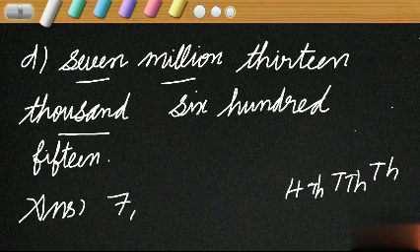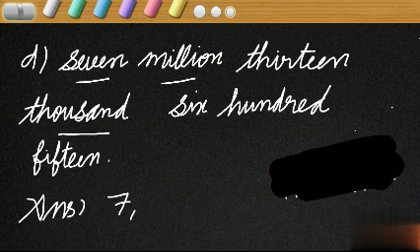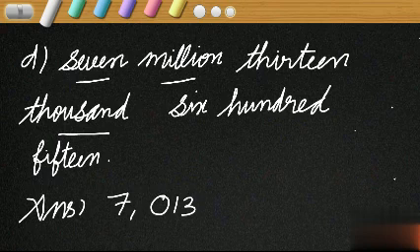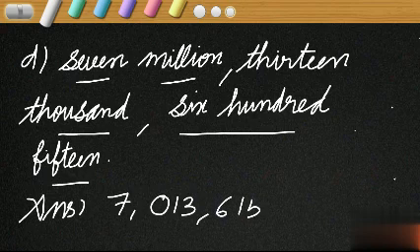But they have given only 2 places, 13,000. 3 is in the thousands place, 1 in the 10,000 place. What about the 100,000 place? We have to put a 0, isn't it? As it has been explained in the previous problem. So how many thousand? 13,000. So please write 013. Then 615. In the ones period we have 615, isn't it? This is the required number name. Hope you understood it well.